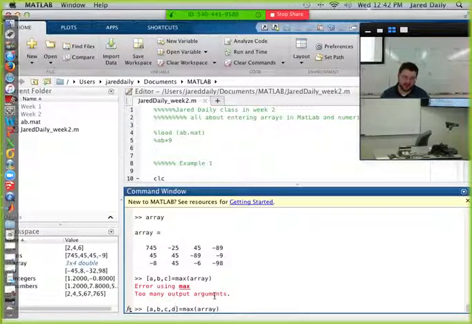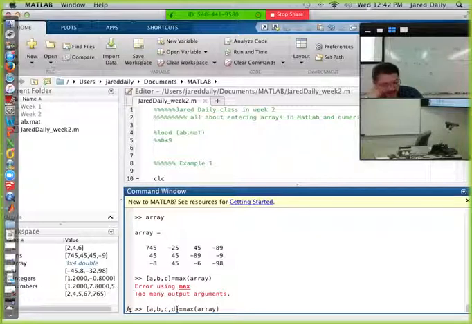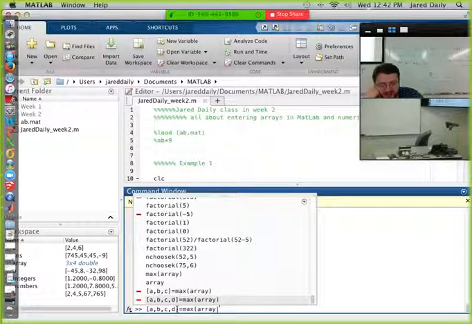So what I'm telling MATLAB to do here is I'm making a new array, A, B, C, D, and in this array I want you to put in the numbers that come out of this command, max array. For max array, I got out these numbers up here, so I should get these numbers put into this new array when I hit this. It didn't like it either again. Oh, probably because I need to do this in